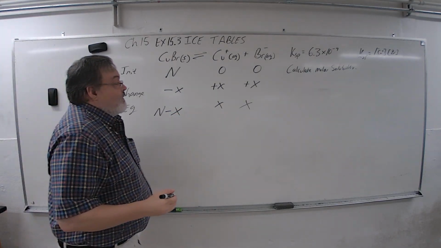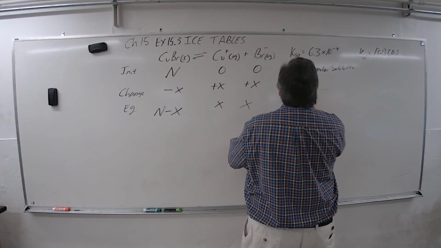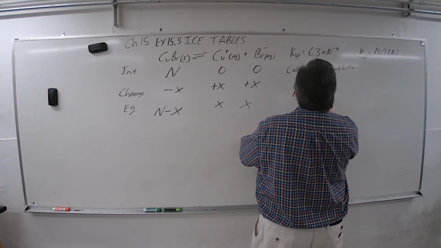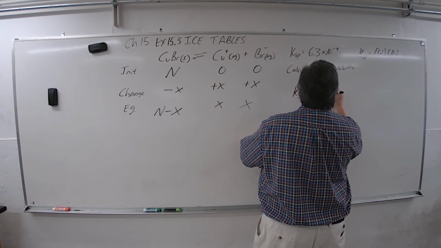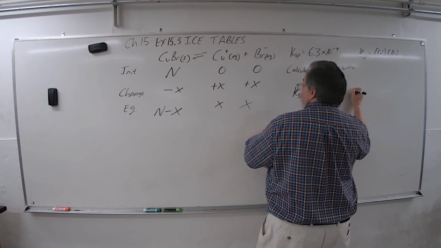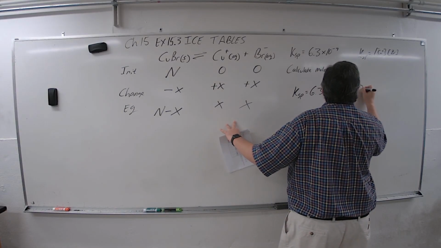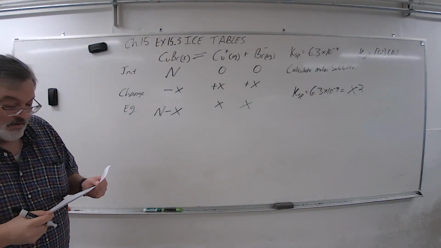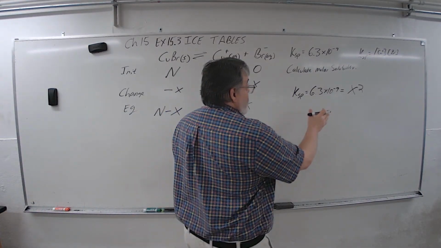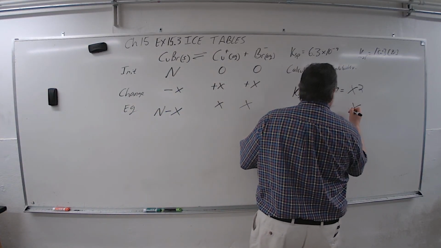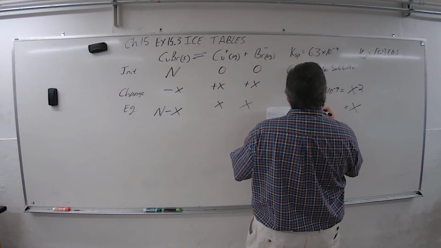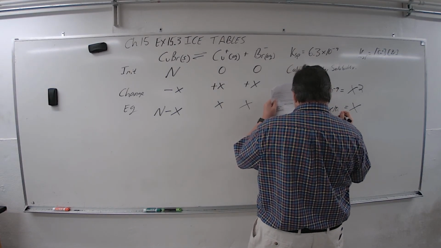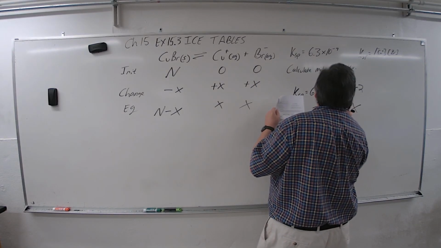And maybe it's obvious where we're going. Ksp equals 6.3 times 10 to the negative 9 equals, and it's just going to be x squared. So we can solve for x very easily. We're just going to take the square root of this. x equals